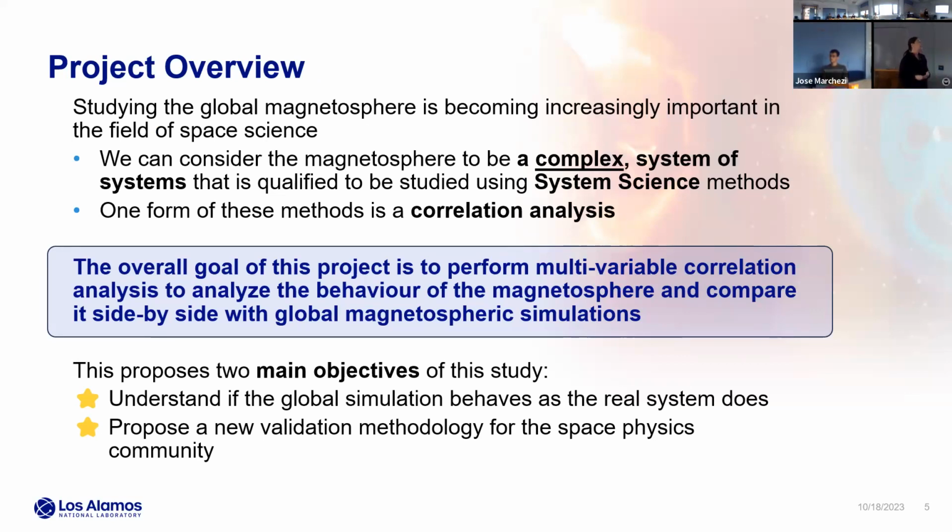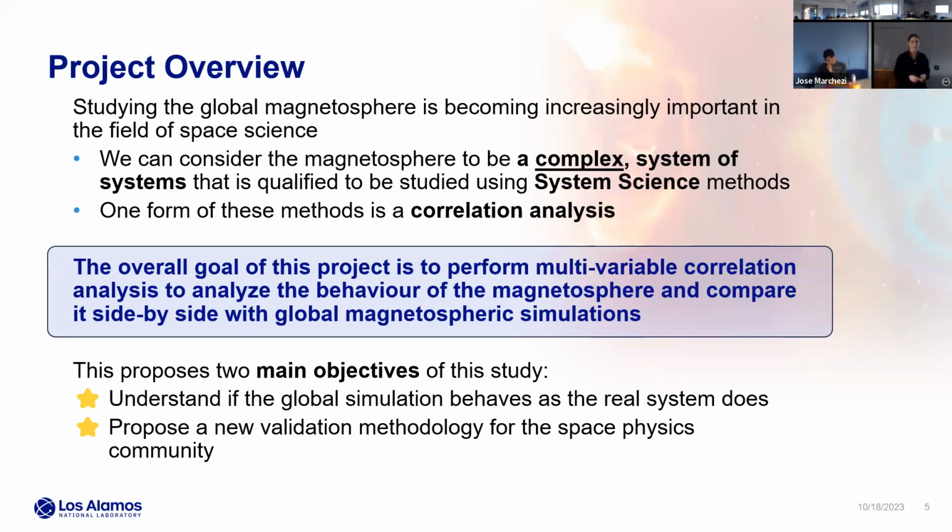To give a project overview, we've defined the magnetosphere to be a complex system of systems, and it is qualified to use system science methods, and we know we can use correlation analysis. And so we define our overall goal, which is to perform a multivariable canonical correlation analysis to analyze the behavior of the magnetosphere and compare it side by side both with actual data and simulation. This proposes two objectives. One, we want to see if the global simulation behaves as a real system does. That's incredibly important for validating simulations, which leads us to our second objective,